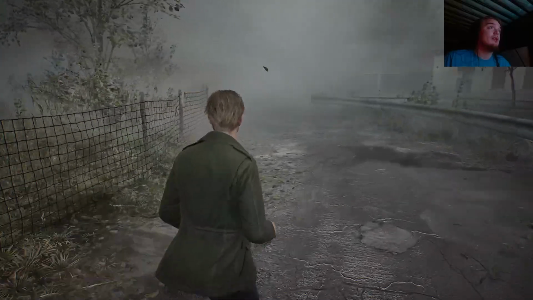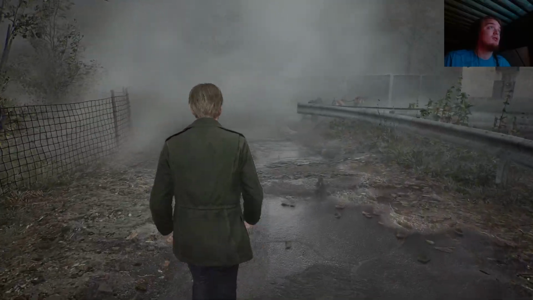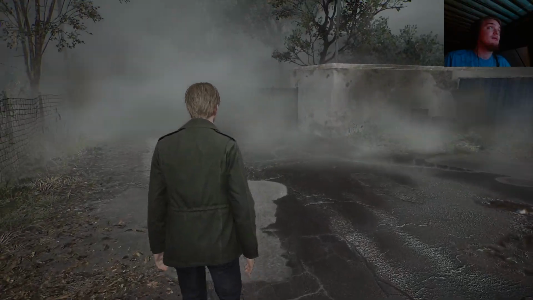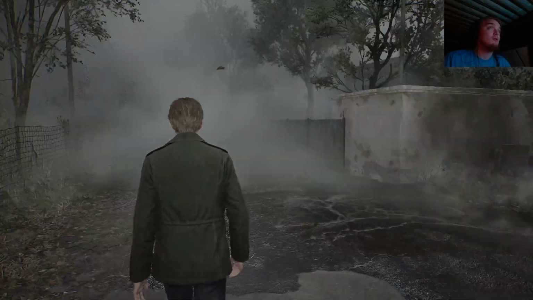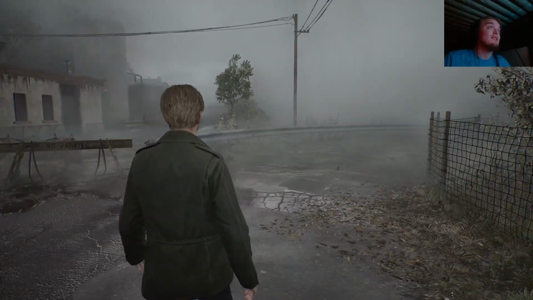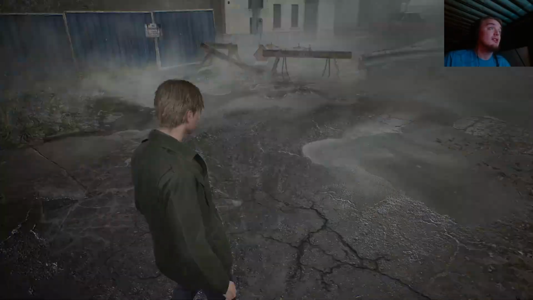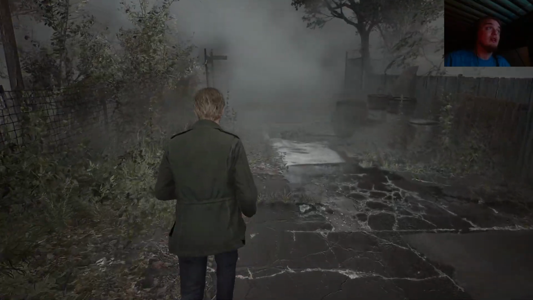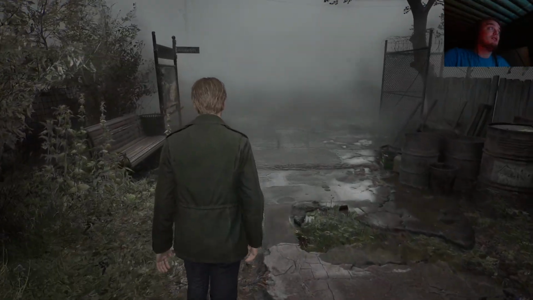We're just wandering out. There's nowhere really that we're headed. No matter what, we are blinded by the fog. Anything could be out there, anything could be watching. And the game knows this, and it will do various things to mess with you.